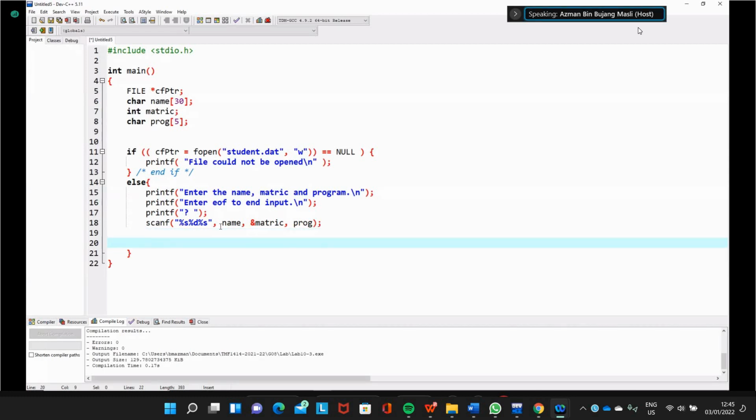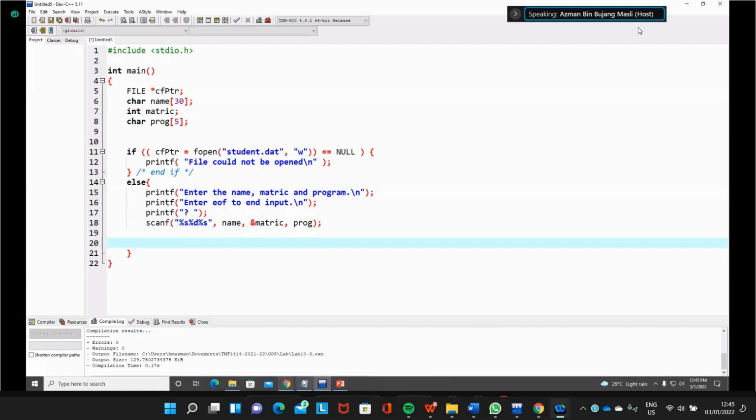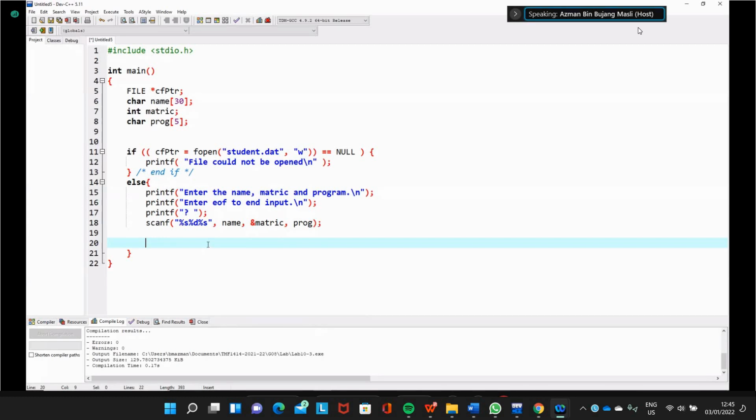We allow the user to always enter the data, so the program will always run, get the input from the user, and put it into the file. So we use this while loop and check whether the user enters end of file.